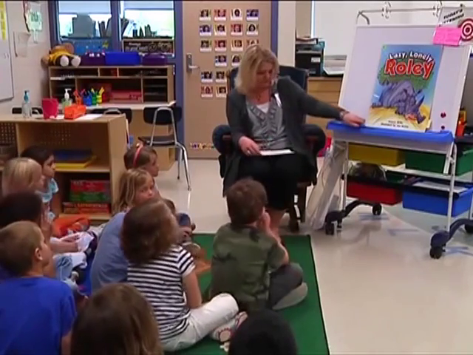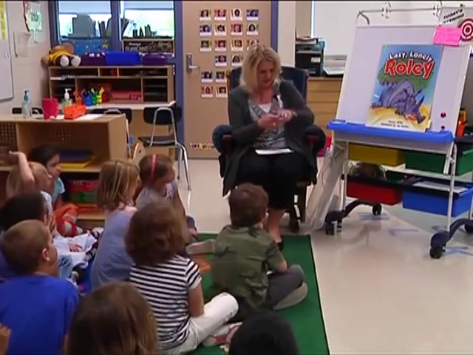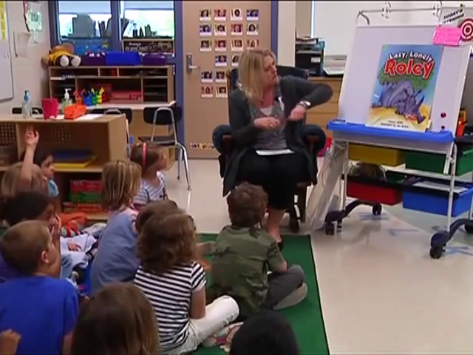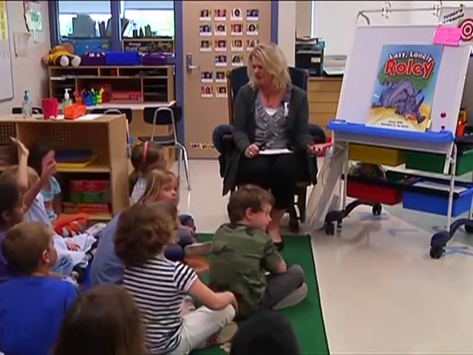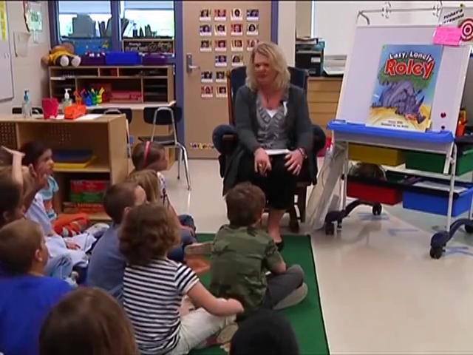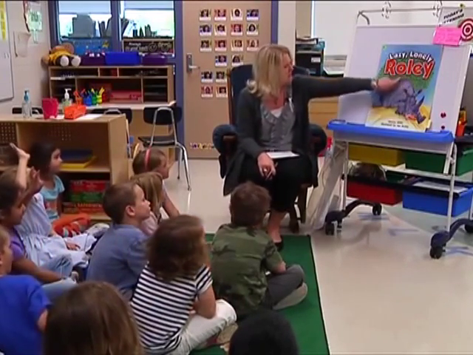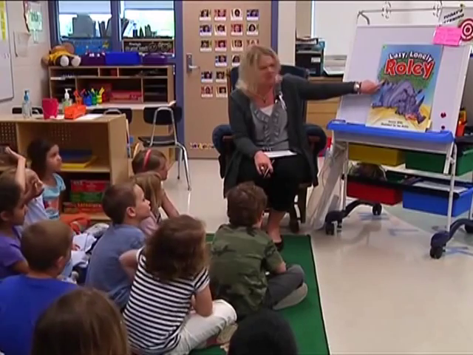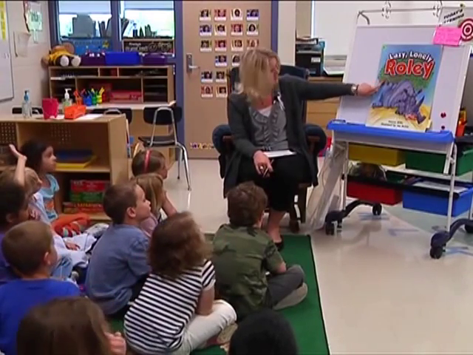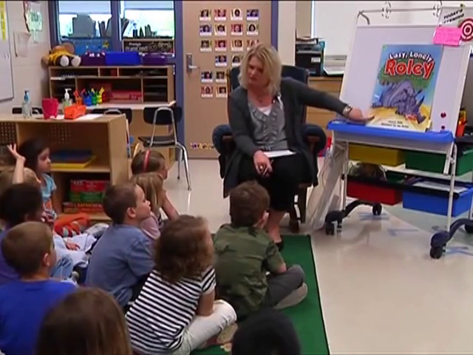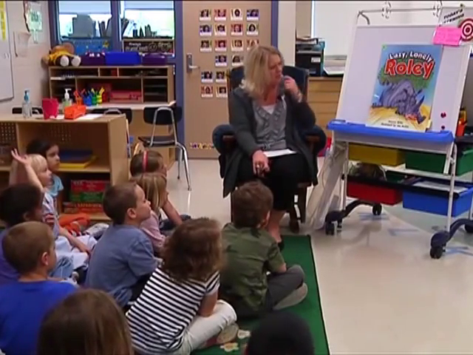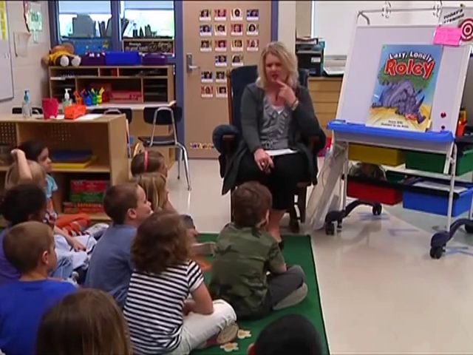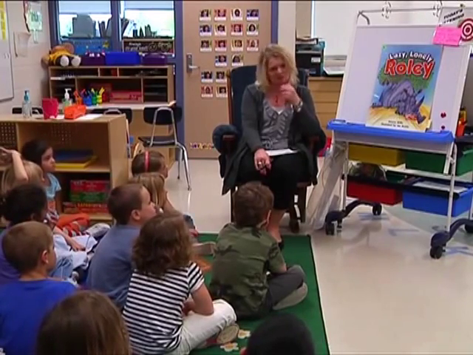And the first thing I want to be thinking about is where this story might be happening. So what is the setting? We call that the setting, where that story might be happening. And I'm looking at this cover, and I see a tree, so it must be outside. And it looks like maybe some hay, or maybe some sand, I'm not sure, but maybe it looks more like hay. And I'm thinking that Rolly could be on a desert, maybe.